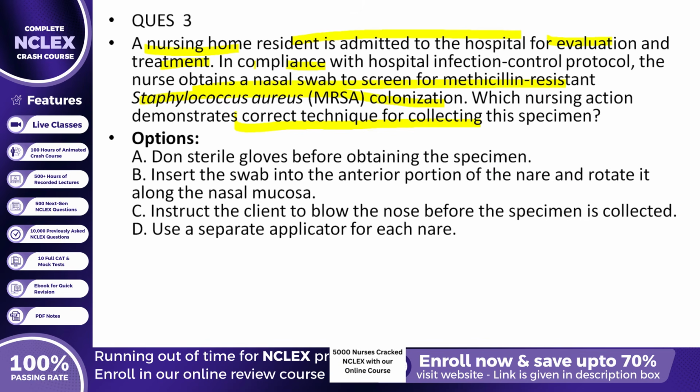Option B suggests inserting the swab into the anterior portion of the nare and rotating it along the nasal mucosa. Option C recommends instructing the client to blow the nose before the specimen is collected. And Option D advises using a separate applicator for each nare. The correct answer is Option B: insert the swab into the anterior portion of the nare and rotate it along